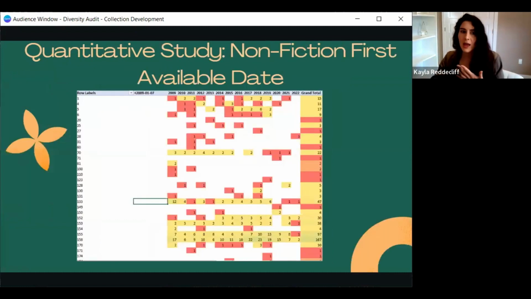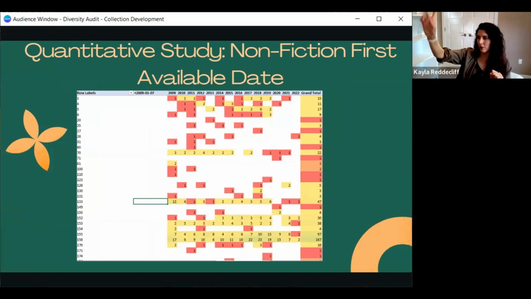You can be a little creative. Okay, and then the first available date for your nonfiction. This one can be really illuminating. This one's super long because you're going down the whole list of Dewey Codes to 900, so you have to scroll, so it's not as easy to see everything. I've tried moving the dates to the other side and then you had to scroll lengthwise. It's not as perfectly beautiful as the other one, but it does give you that kind of sense of where